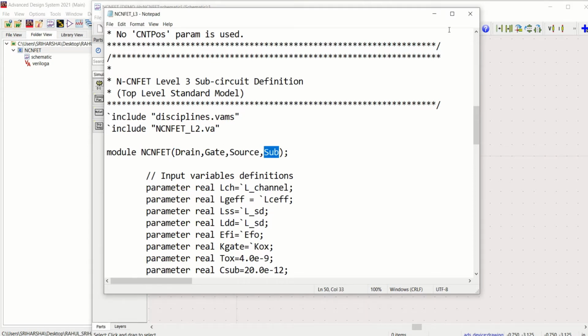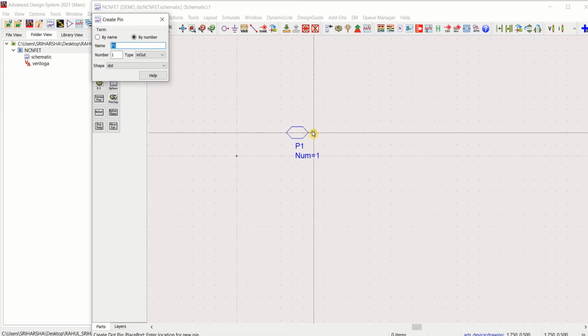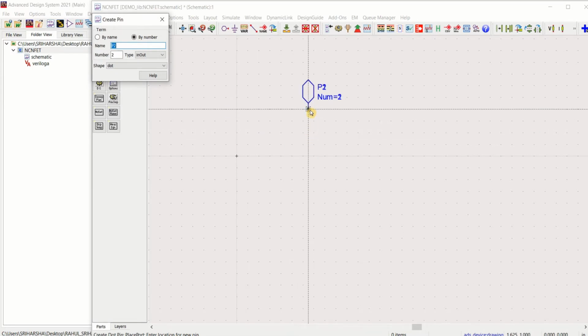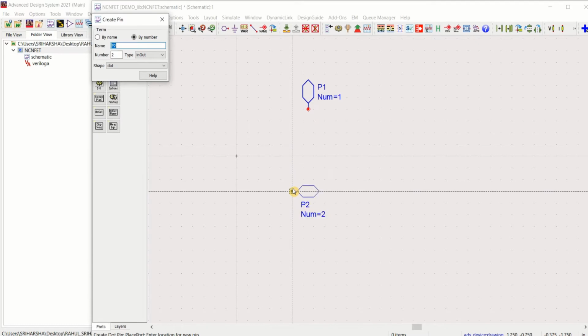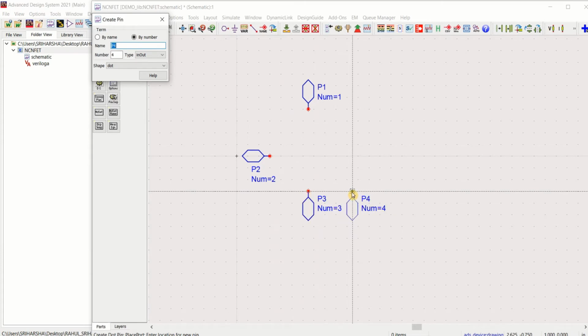That means 4 pins I have to place. So use this insert pin. I'm placing one pin each for drain, gate, source and substrate.